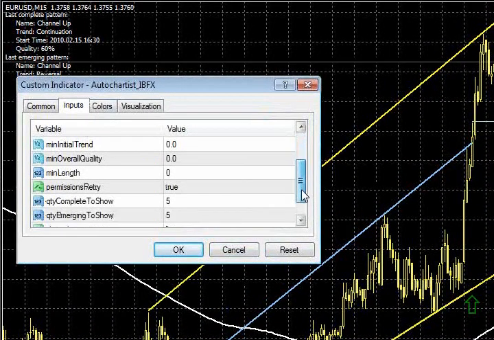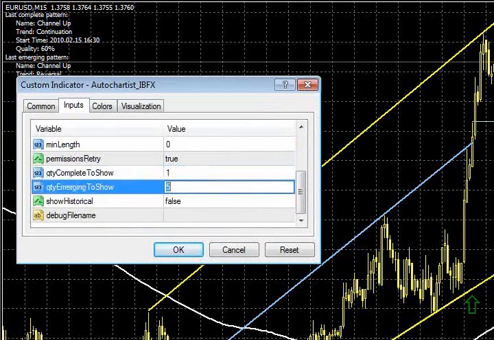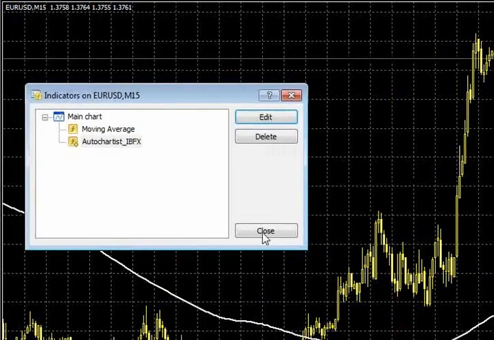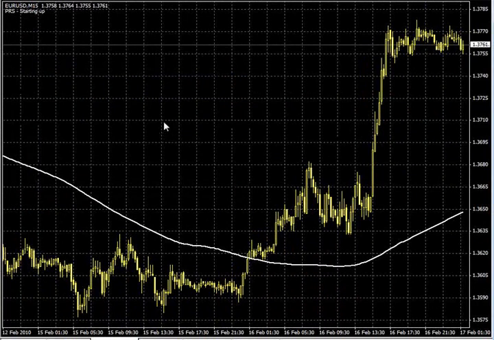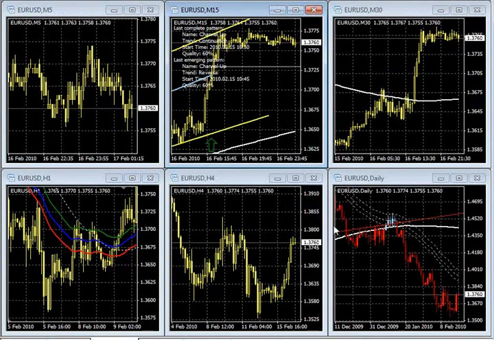I can ask it to show me, for example, the last one completed pattern and the last two emerging. In other words, show me a certain number of the patterns that are occurring right now on the 15-minute Euro US dollar. Give me the most recent ones, and let me see the lines and levels automatically drawn on my chart. Okay, so that's part of what you can have on your charting platform, and you can run it across